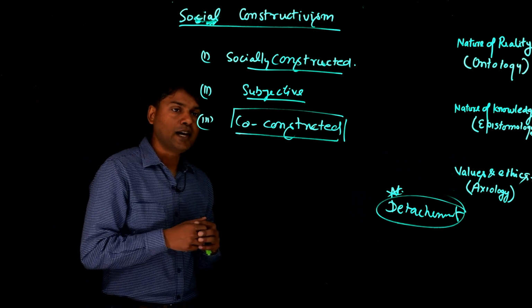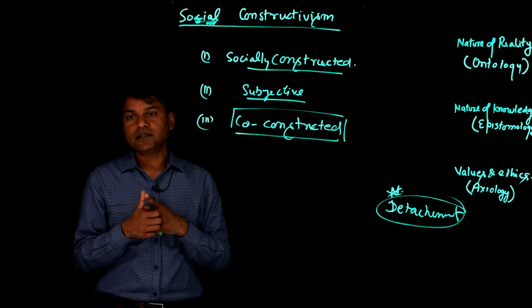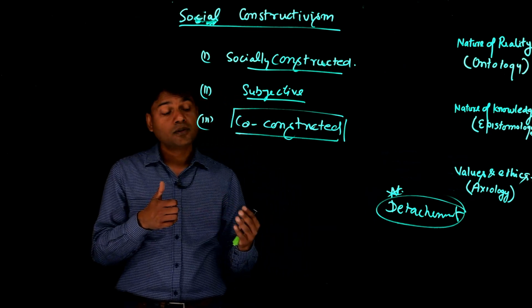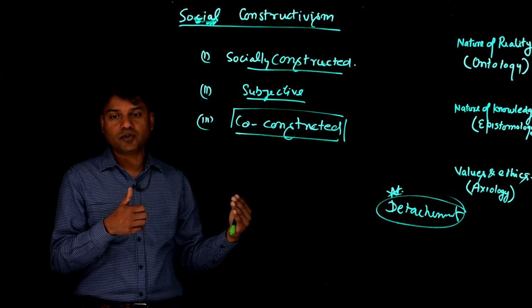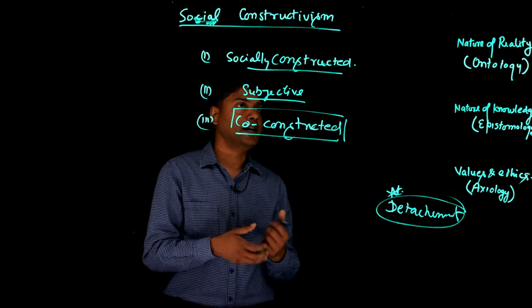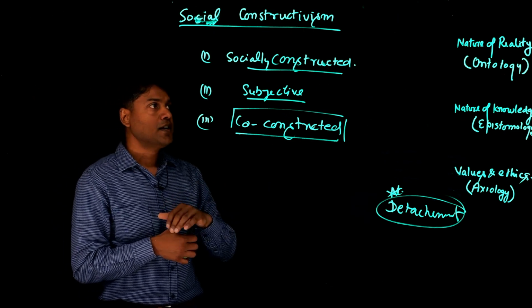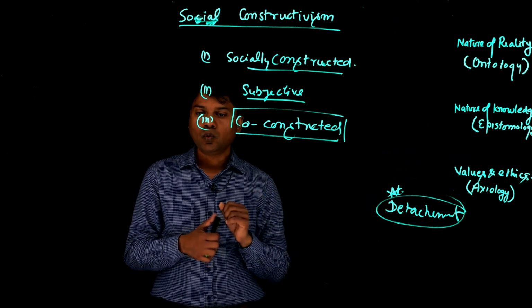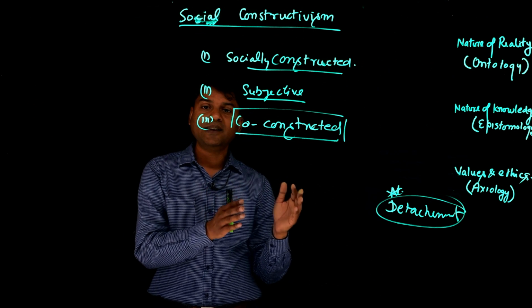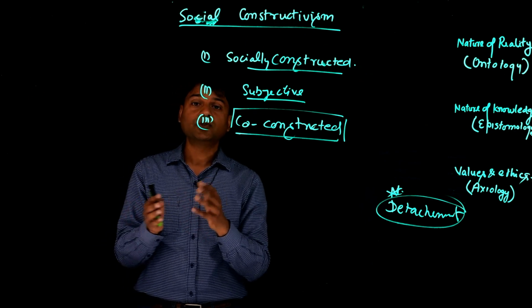So let's recap what we discussed. What is reality? Reality is socially constructed. It is constructed based on our interaction with our environment, which includes both physical reality as well as the people around us. So we interact, and in that interaction process, we generate new knowledge, new realities. And since it is based on our interaction with the people around us, this knowledge is not objective. One person's experience with one phenomenon is not going to be exactly the same as another person's. So the reality is subjective.